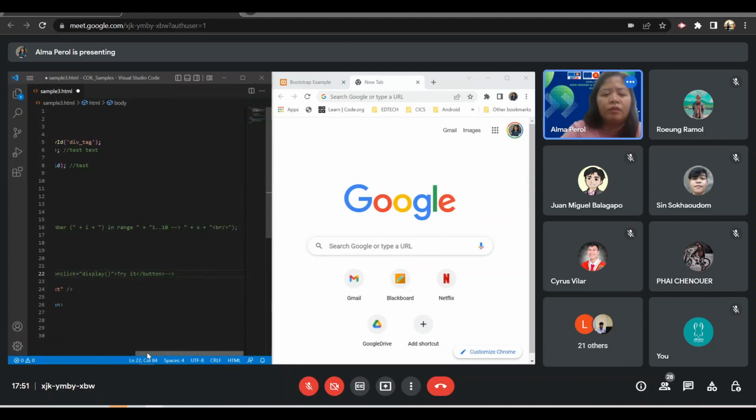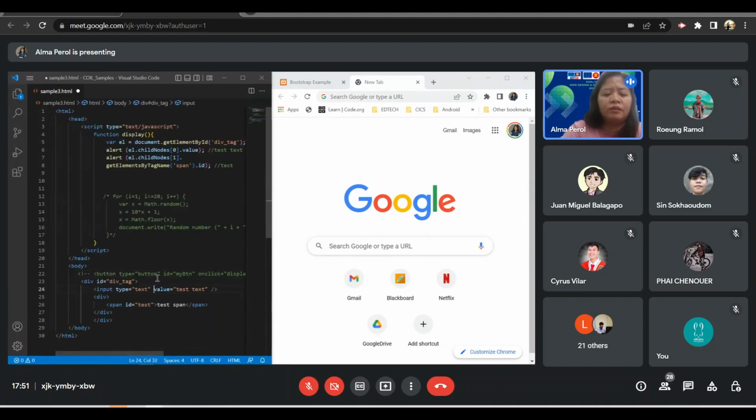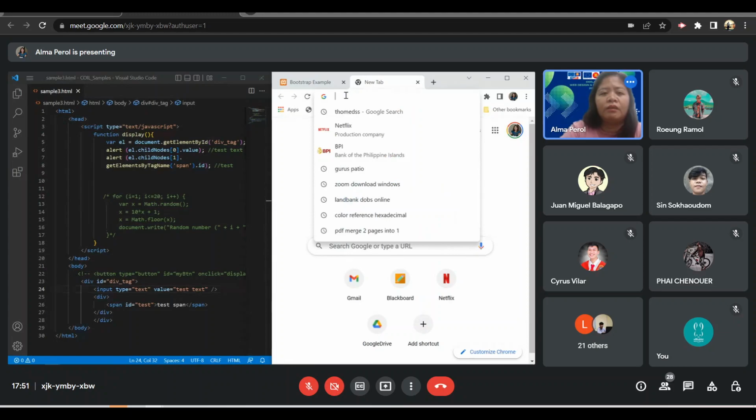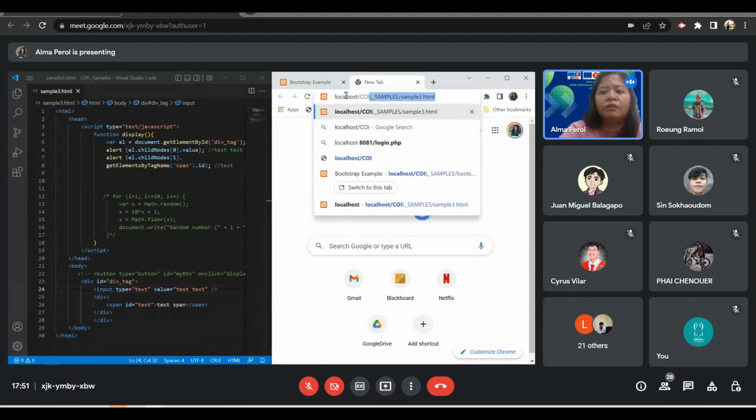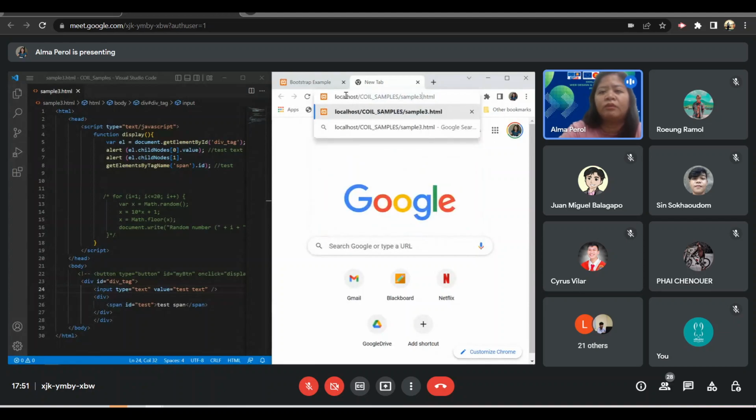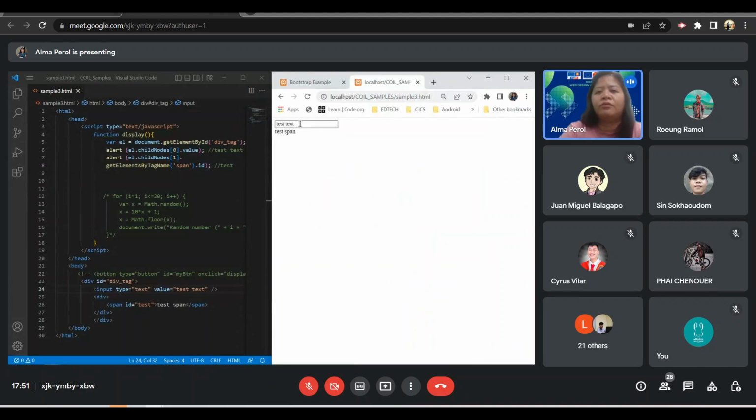So let's try to run this. Let me run localhost slash COIL samples. This is sample3.html. So you would notice that instead of displaying that to an alert, it simply just